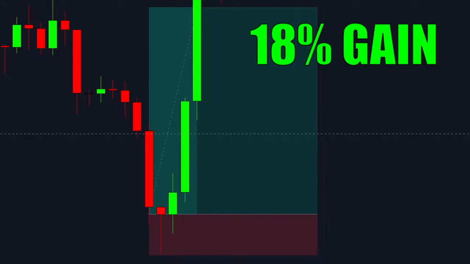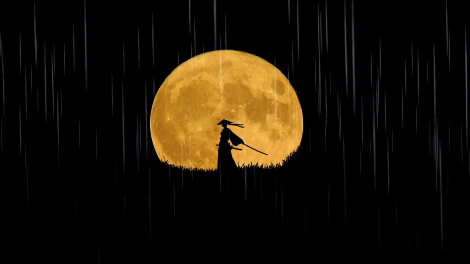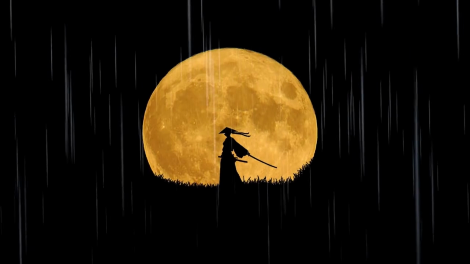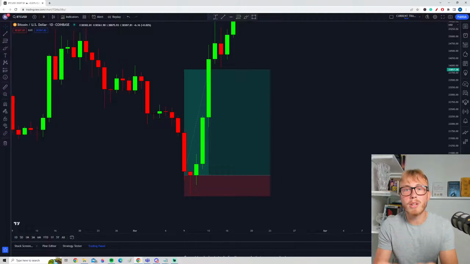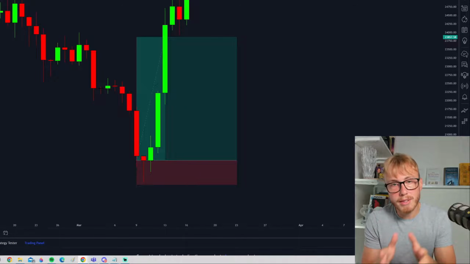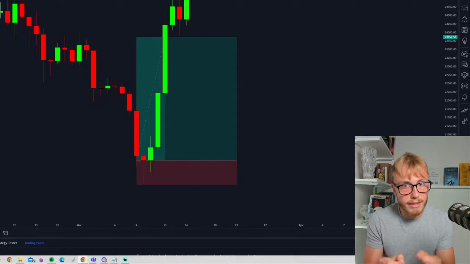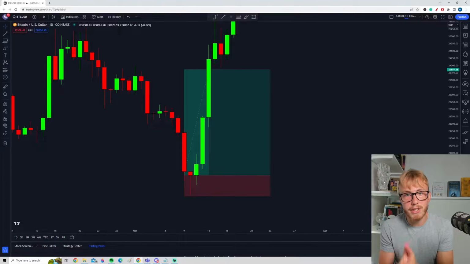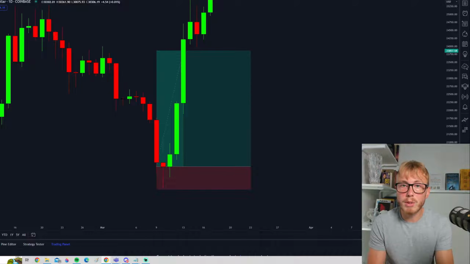This trade right here, a massive 18% gain, was all possible because of a simple yet super powerful tool, candlestick patterns. Today guys, we will talk about candlestick patterns, a concept that is often overlooked by beginners but highly valued by professional traders. In this video I will talk about what a candlestick pattern is, and we will also look